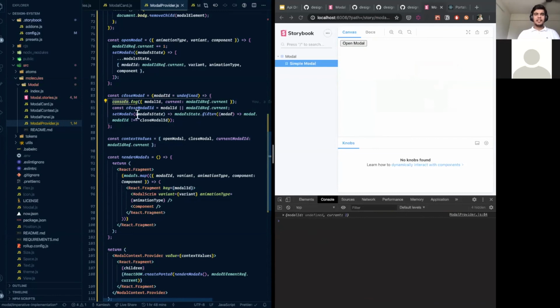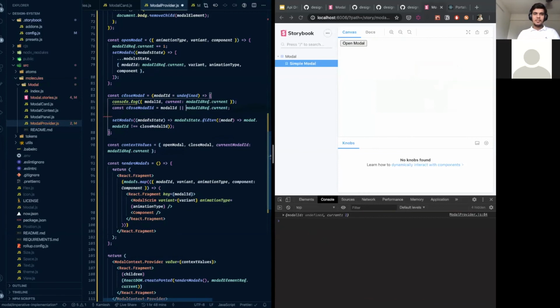I'm basically creating closing the modal ID. One thing which we forgot was once this is done, I need to decrease the ref because the current ID is now like, assume that you had three in the stack. I closed the third one, which is the modal with the current modal pointer at third. I want to reduce that as well so that it doesn't conflict with the next thing.